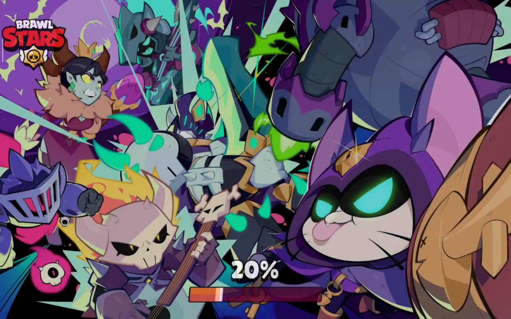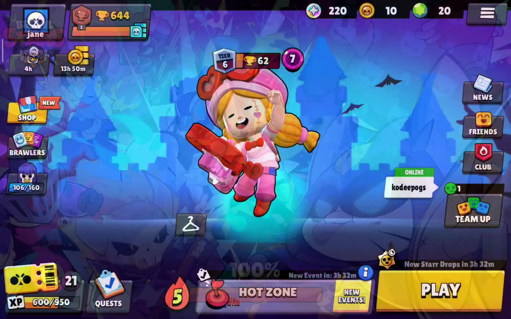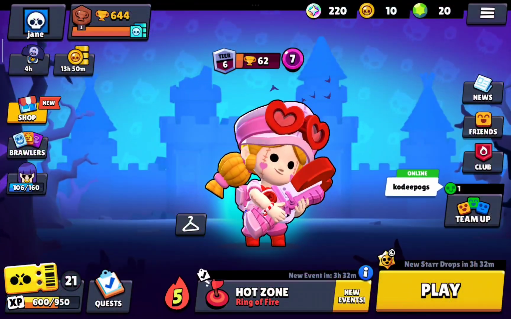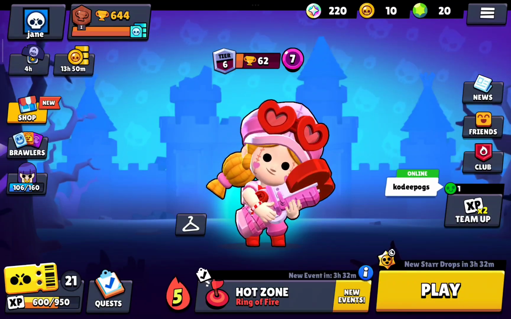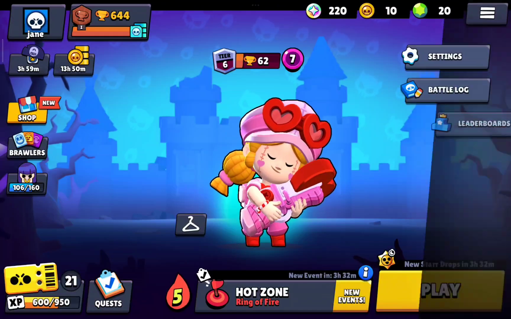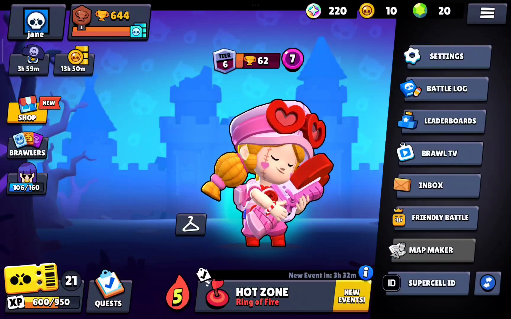In this video, I'm going to show you how to recover Brawl Stars account. To get started, the first thing that you'll need to do is to go ahead and open Brawl Stars on your device. Now, recovering Brawl Stars account actually happens when you try to install the app and access your account